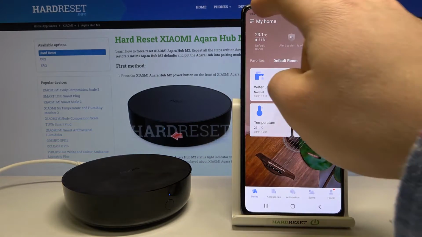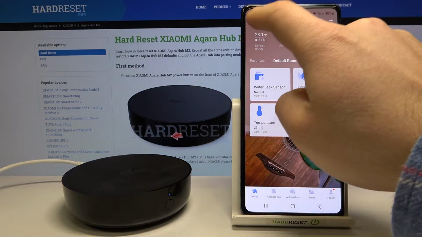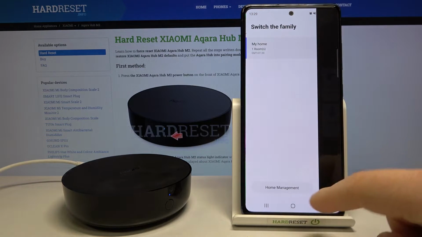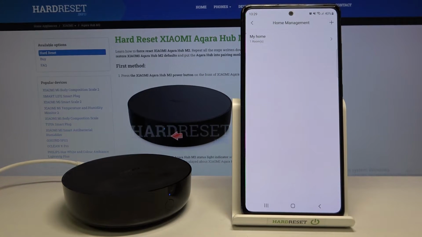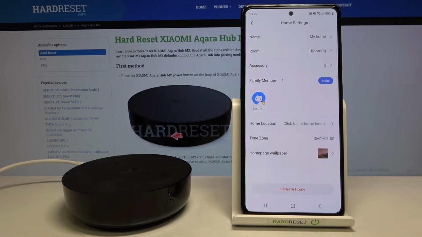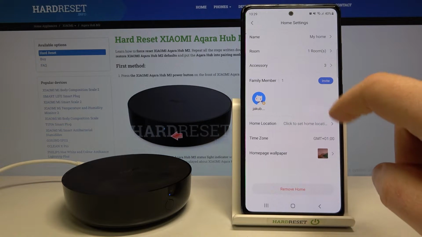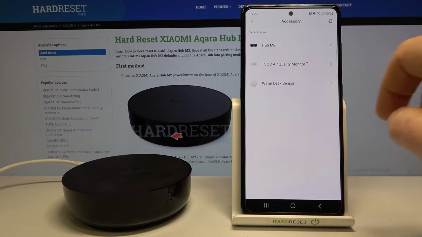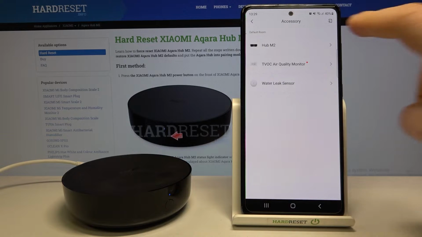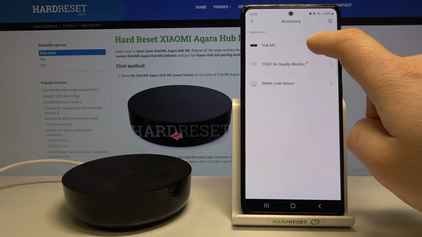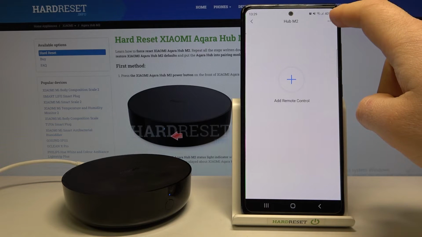You need to open the app, then go to Home Management, right there, then tap on My Home and tap on the accessory, and there you have a list of all the accessories that are linked to your account. Tap on the accessory you want to change the name of, tap on these three dots,